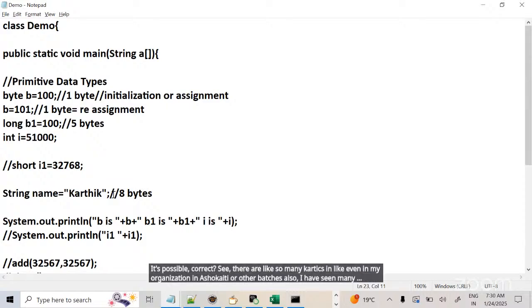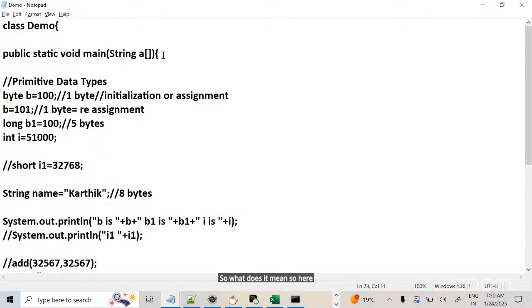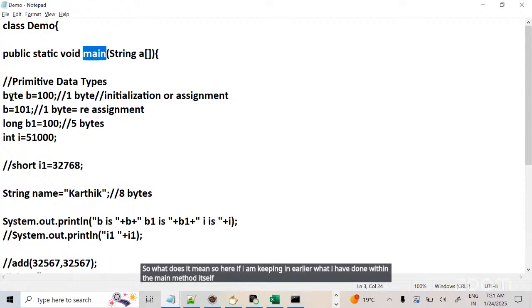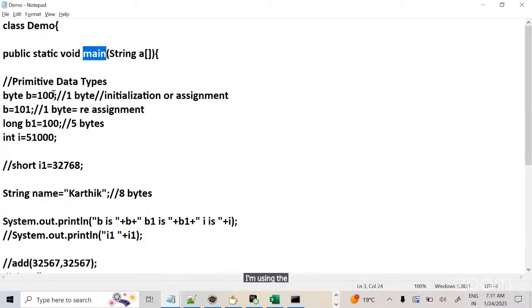So what does it mean? Earlier, within the main method itself, I am using byte b equal to 100. One more time, byte b equal to 100. That means within the same family, I am using the same name. Is it allowed? No, generally we don't follow that, right? But if you look at here now,